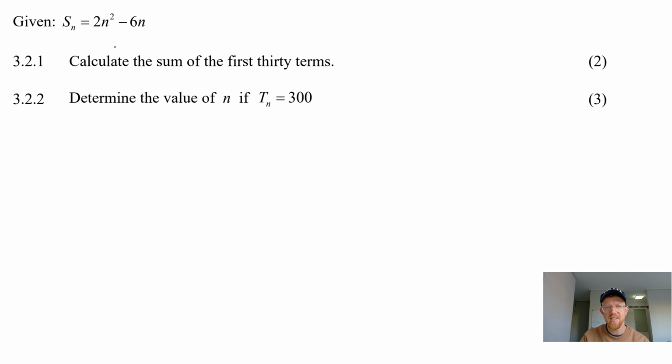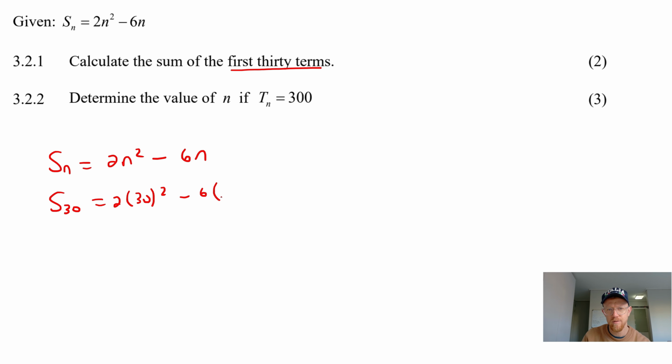Given that Sn is equal to 2n squared minus 6n, first question, calculate the sum of the first 30 terms. Some learners do get a bit confused when they give us an Sn formula. But all you need to understand is that the S means sum. So this already is the sum of. So if they want the sum of the first 30 terms, then you literally just plug in 30 in the place of n. And if you had to work this out, you end up with